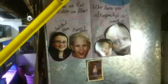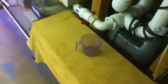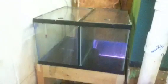So that's it. I mean, it's pretty simple. A couple of kid faces here. These are my kids. That's Chakare. Got some pictures from tanks past on some Polaroids there. Got magnet hangers for the nets. I got a bench here in case I need to get up high for anything. In case I need to get high. Haven't done that for 20 years, so don't worry about it. Oh, yeah, and around the corner here we got some 5.5s for when